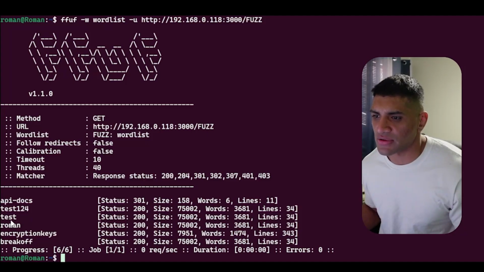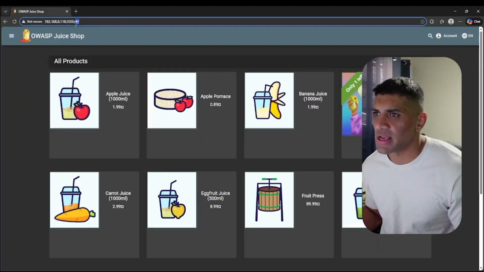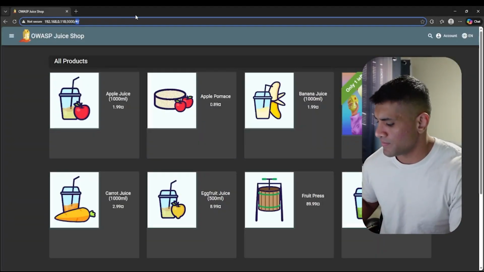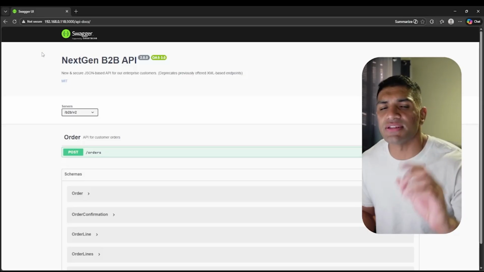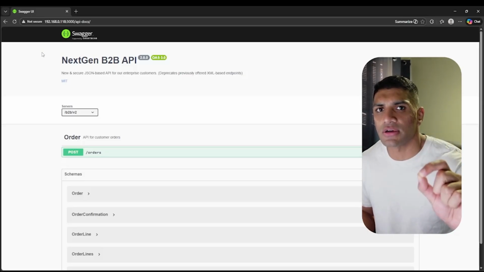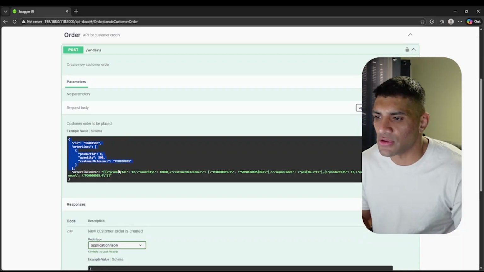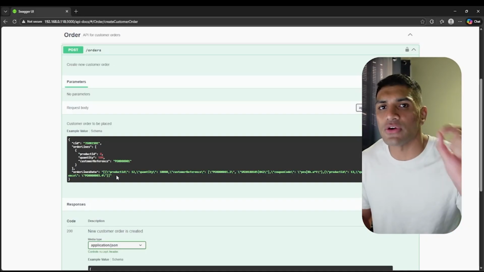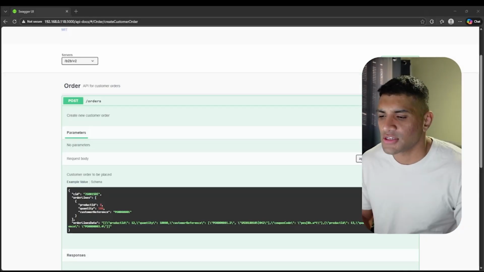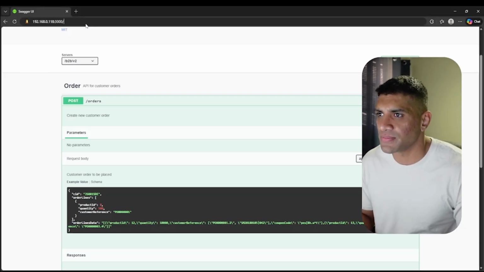So let's copy this route, head back to the web application, and append it to the end of the URL. That leads us to the Swagger API docs. Now, if we open the dropdown for the orders route, we see the JSON payload for the request body and orderLinesData as the last object key, where you'll see some custom customer data, which might make orderLinesData injectable. So before we play around with this JSON data, let's head back to the home page